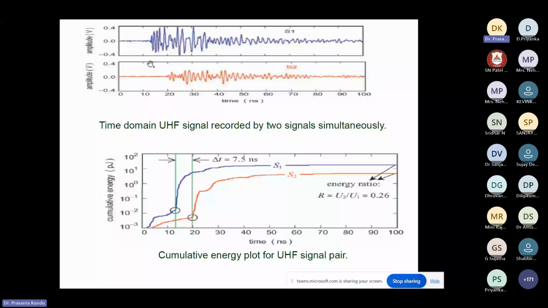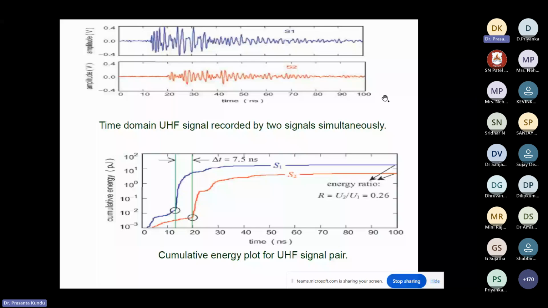How much is that time? We need the distance, or the gap between these two, from this starting point to this point, in terms of time. The signal arrives at sensor 1 at this time, and the signal arrives at sensor 2 after signal 1 at this time. So this is the tau, the time difference between two different sensors for the same PD source. Because of their different locations and positions, it will need different travel times.